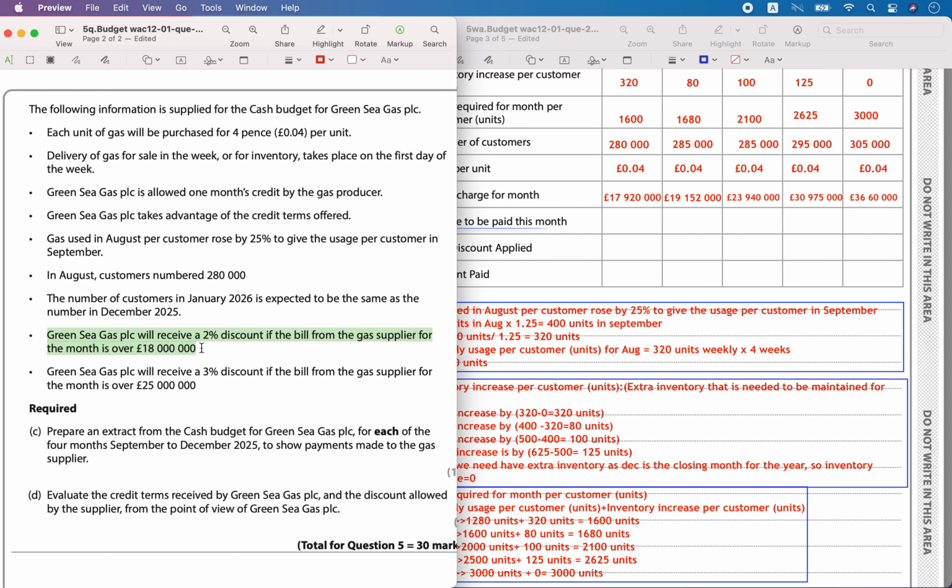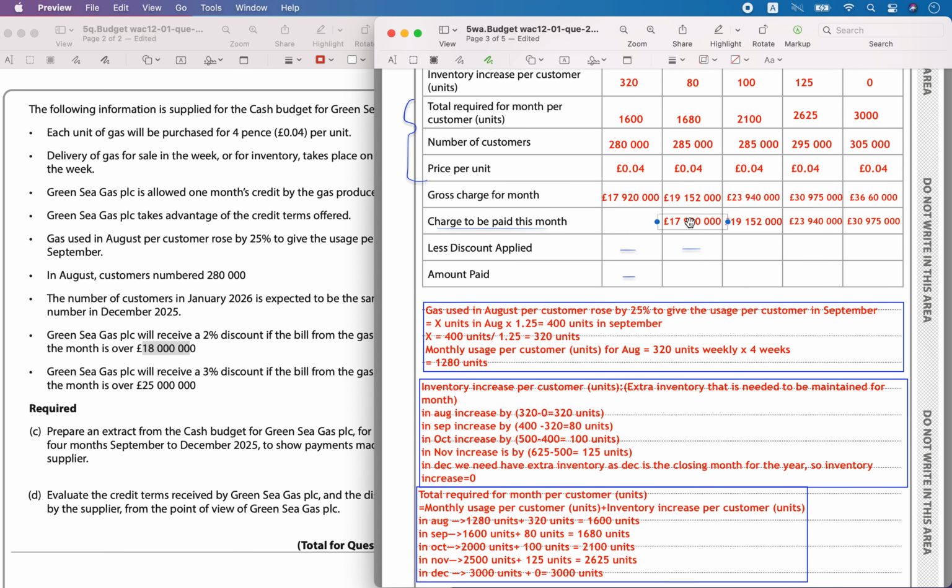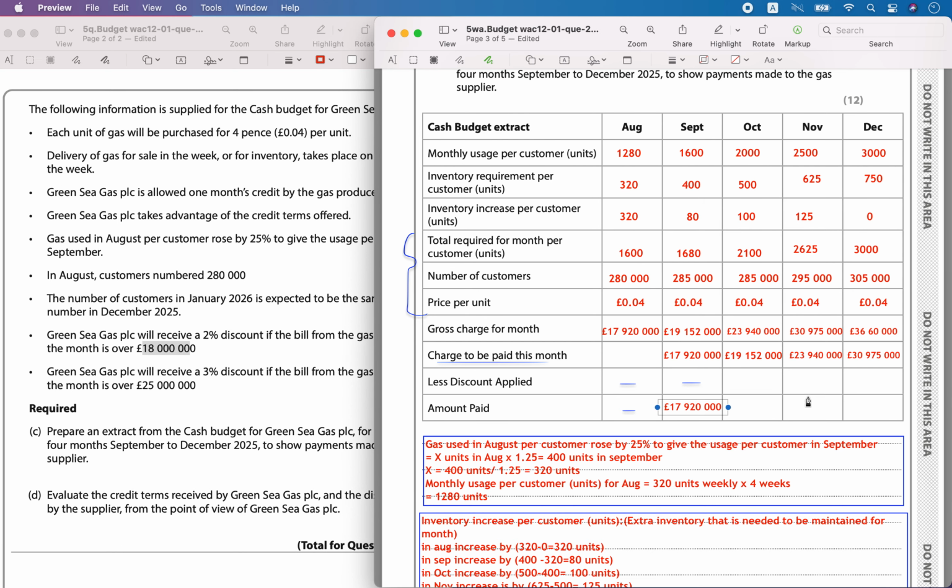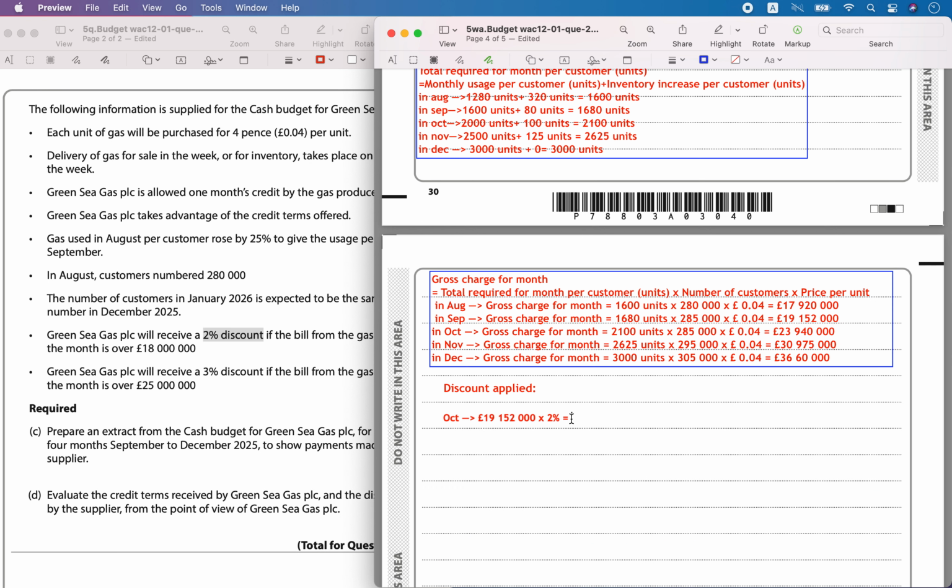They will receive a 2% discount if the bill exceeds 18 million pounds, and they will get a 3% discount if the bill from the gas supplier is over 25 million pounds. So this was a system agreed. We have to see whether it exceeds; they get a discount only when it exceeds 18 million. If not, you will have to pay the entire amount. So for the month of September, I will be paying 17,920,000 only. October, we can see it is exceeding 18 million. It has become 19,152,000, and the 2% discount will be equal to